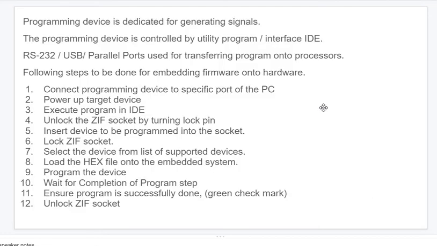Now there are 12 important steps. Actually there is no need to remember them, because we do these steps when we go for lab program part B, real implementation. Real implementation means when you get a chance to execute in college by connecting devices, you will follow the same steps that I am telling you now.